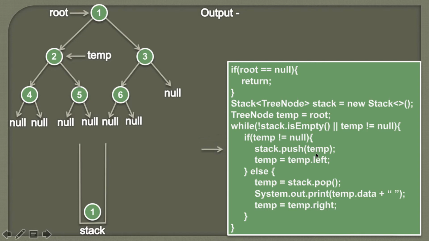And then we'll simply push that node 2 on the stack, because before visiting the node 2 we have to first visit its left subtree completely. Therefore we'll push the node 2 on the stack. So it would look something like this, that now node 2 is on the stack, and then we'll simply traverse temp node to its left, which is the node 4. So it would look something like this. Now temp is pointing to the node 4.